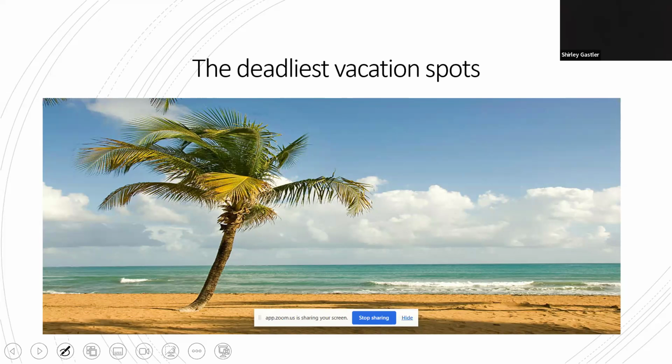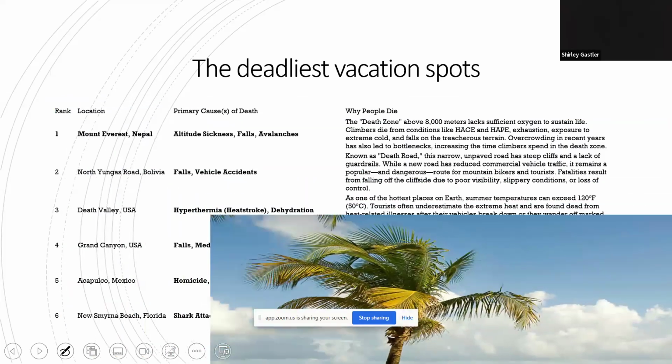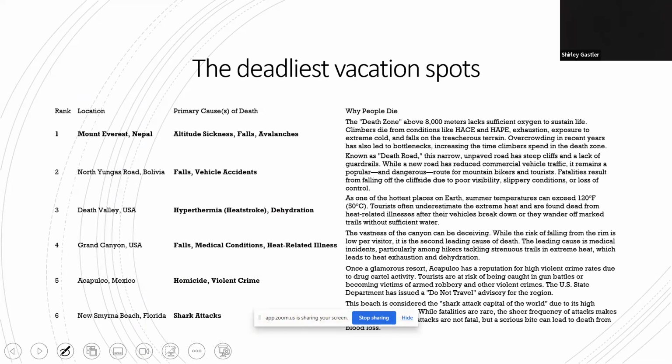Beaches or mountains? Not Everest. Mountains is on there. Not Everest because they get like what, 2 to 3. Shirley nailed it. Mount Everest, number 1. I thought this was fun, and Gary nailed the violent crime of Mexico as being a part of the puzzle. But I thought this was a fun list of the different reasons and causes of some of the deadliest vacation spots. So I did think beaches, yeah, because it's sharks.